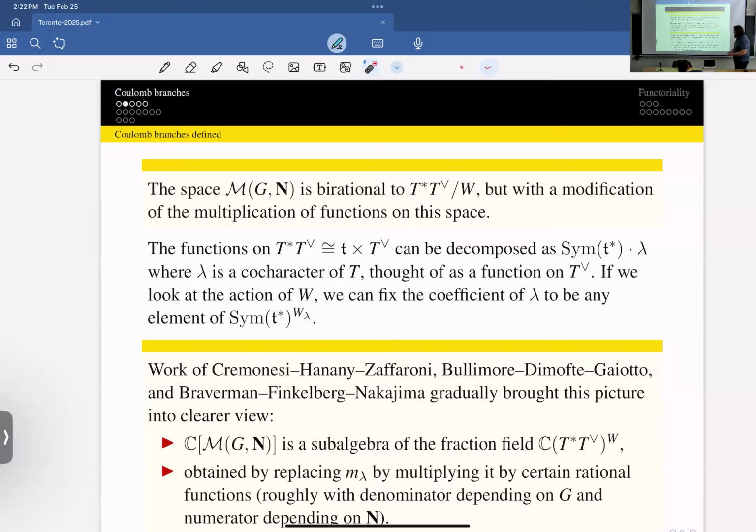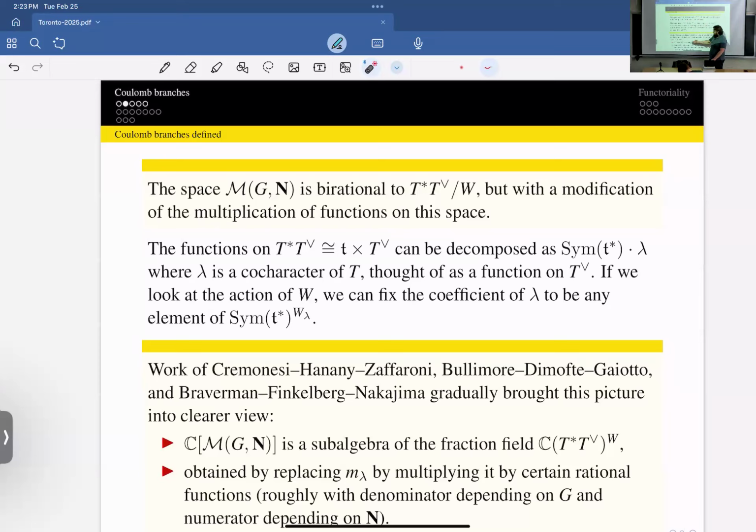So then there was a lot of work over the early part of the 2010s. This work in physics by Cremonesi, Hanany, and Zaffaroni, and by Bullimore, Dimofte, and Gaiotto, and then by Sasha with Finkelberg and Nakajima, which sort of brought this into clearer view. So when I say this guy is birational to T star of T check W, well, all that means is